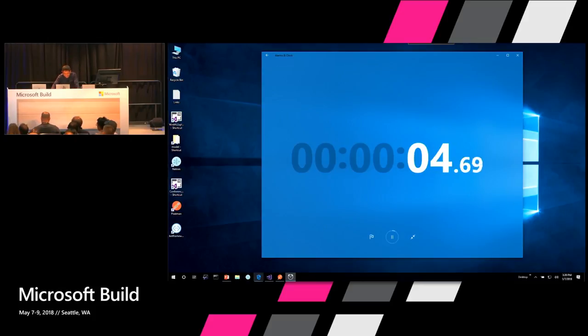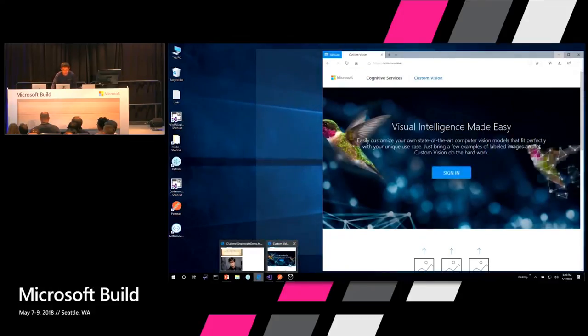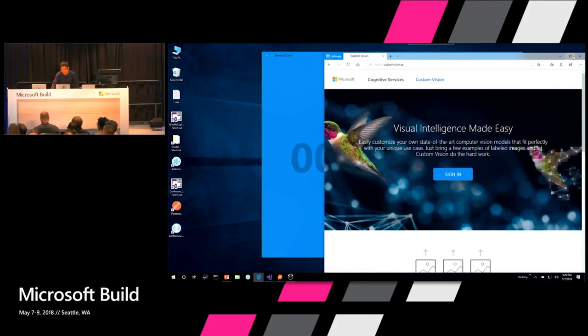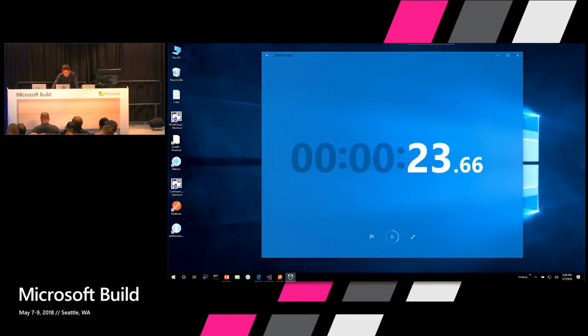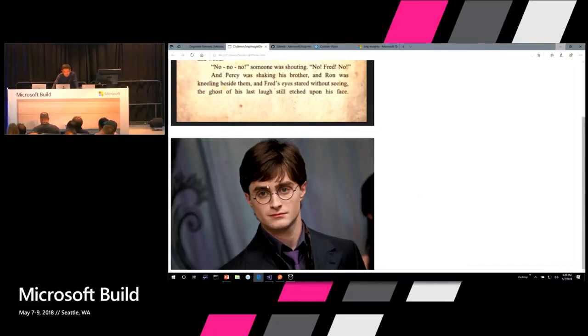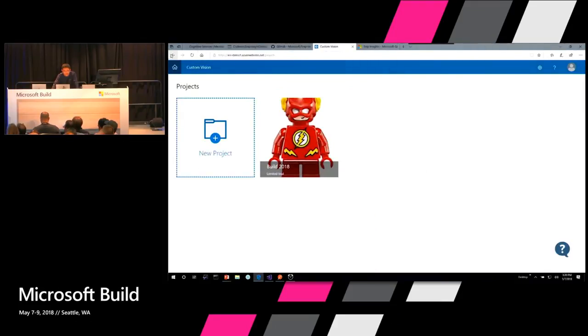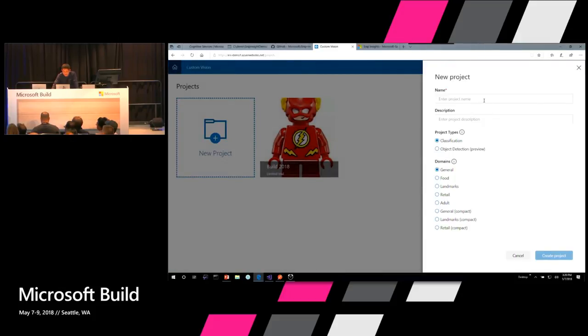Let's try. First of all, I'm going to go to a service called Custom Vision. If you go to customvision.ai, you'll be able to come to this service. We're going to start building a machine learning model, or deep learning model, to be able to classify between Ninjago and superheroes. Let me show you how to do that. Oh, the clock is ticking. Now let me just refresh, and let me start a new project. I'm saying, hey, this is my pet project, my little project with Sun, Lego.